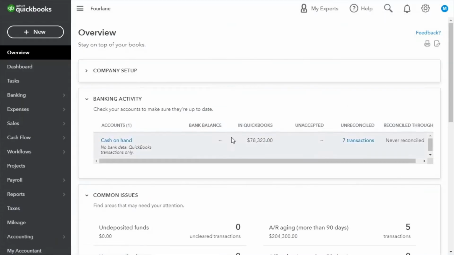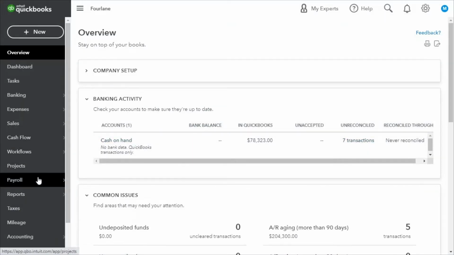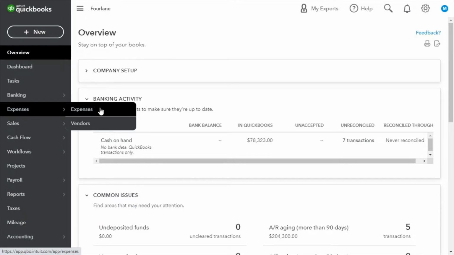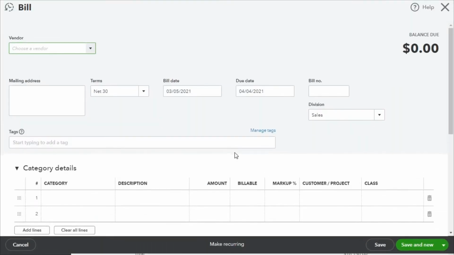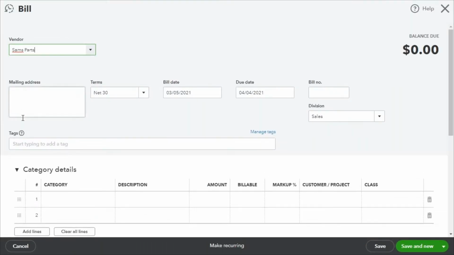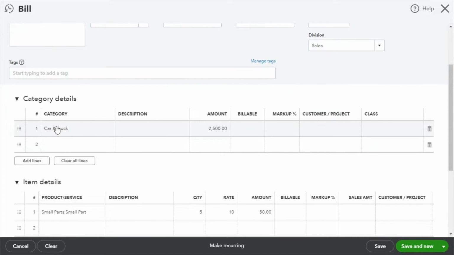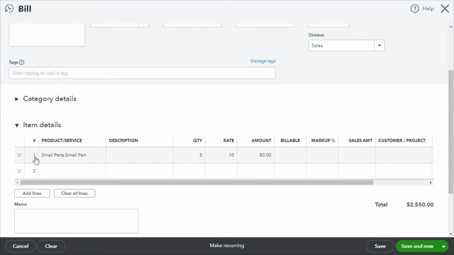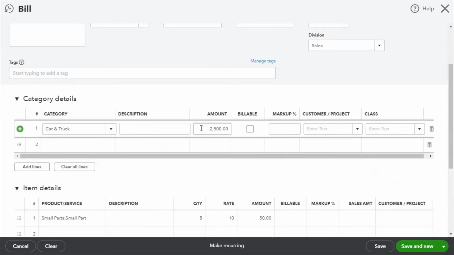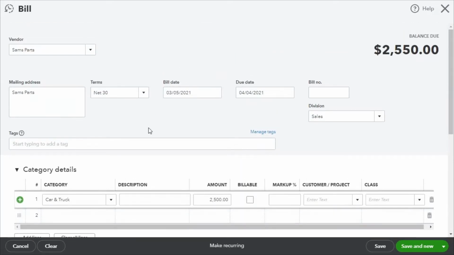I can't fully get it to work on customers. Maybe it would work on more simplistic things than on invoices as an example, but it does work on expenses pretty well. So if I come in to my expenses here and I add a new transaction, like a new bill, what this is going to do is when I choose the vendor, it's going to default fill in for me the categories, right, which are your accounts, as well as the items, the quantity, the rate, the amount, right? And so here also it's picking up the amount that we had on the bill the last time we paid